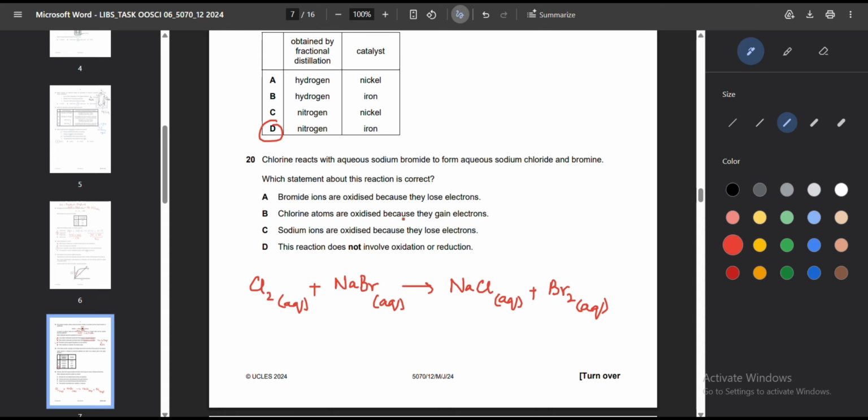Okay, so let's see what the oxidation states are. Chlorine in gaseous form, what would be the oxidation number of chlorine? It would be 0. In sodium bromide, the oxidation number of sodium is positive, and for bromide, it is negative. Sodium is positive, chloride is negative, and again bromine in diatomic molecular form is 0. So if you see